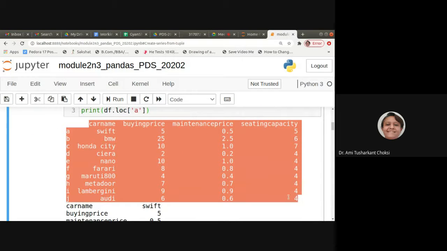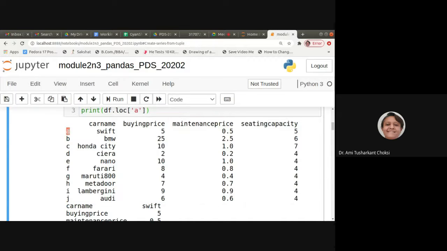So that is where we are having A, B, C, D, E, meaning the index is there. Then we have the car name column, then buying price, then maintenance price, then sitting capacity. But when we have df.log of A, for this particular A index, we have the car name as Swift, buying price as 5, maintenance price as 0.5, and sitting capacity as 5.